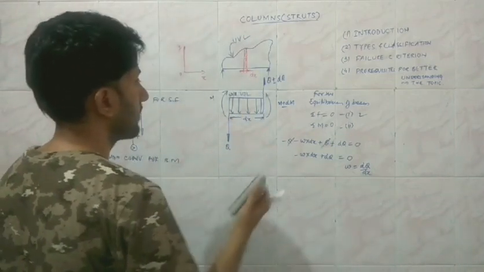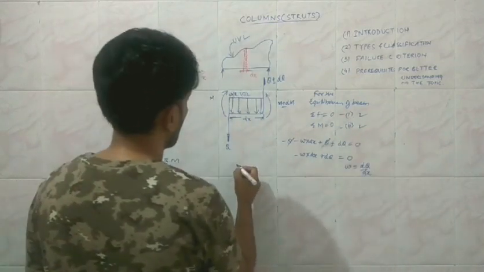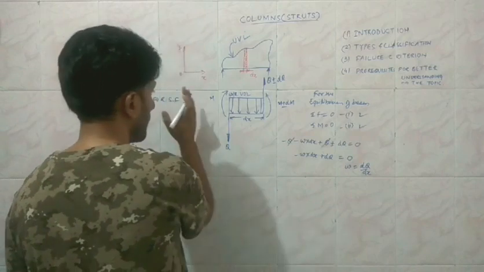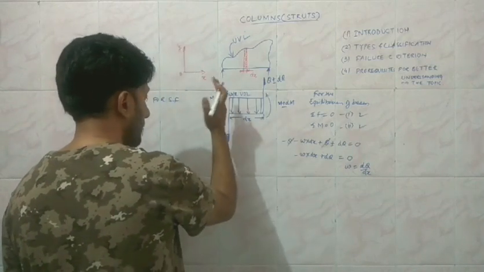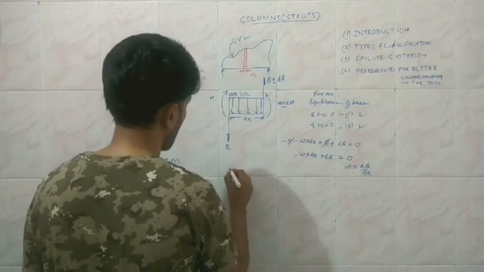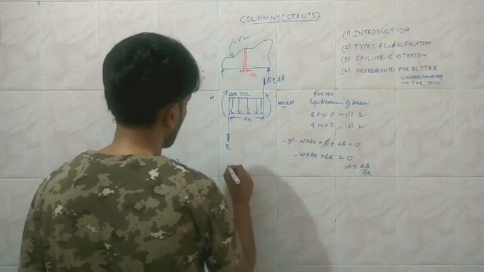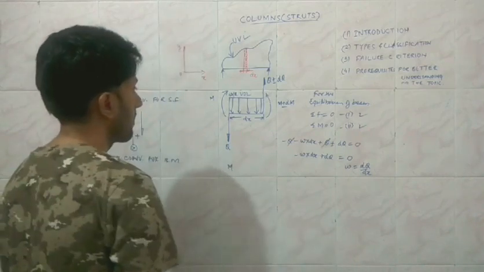if we are considering the second equilibrium condition, that is the algebraic sum of the moments, then we see that as we are moving from left to right, immediately when we start, we have identified that the moment is acting and which is clockwise. So this is positive. So the sign is going to be positive, and the magnitude of the moment is m.